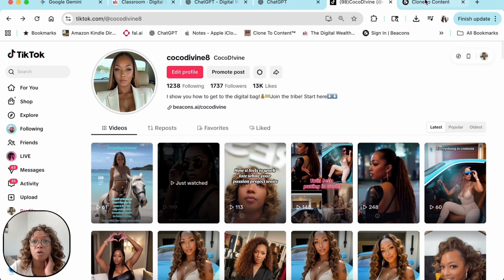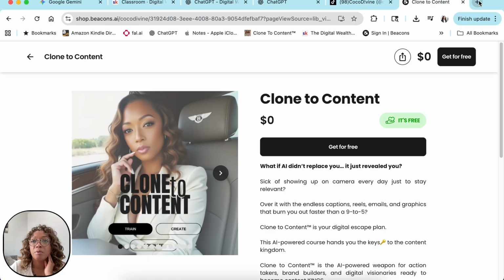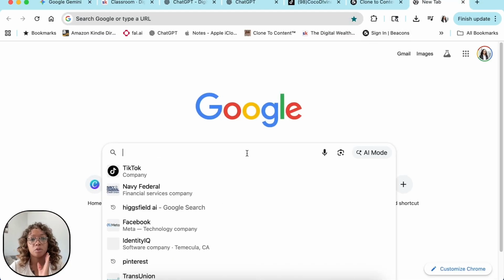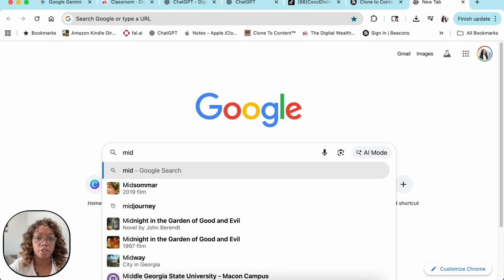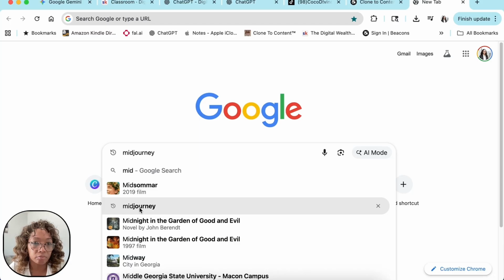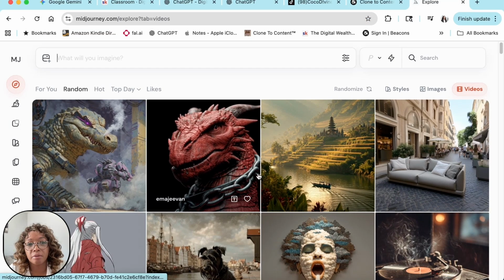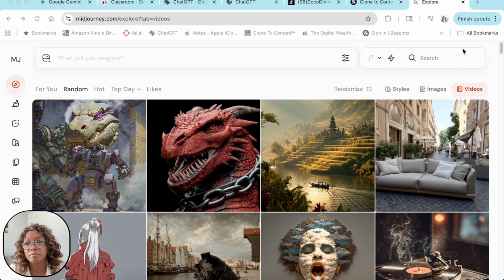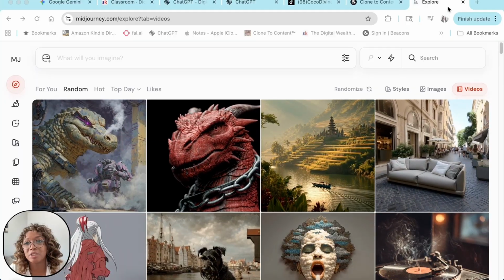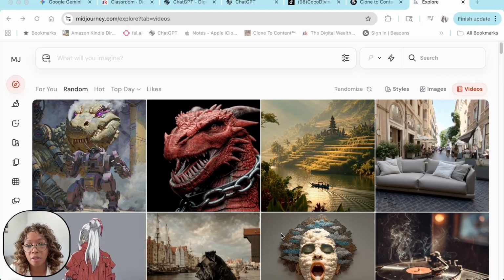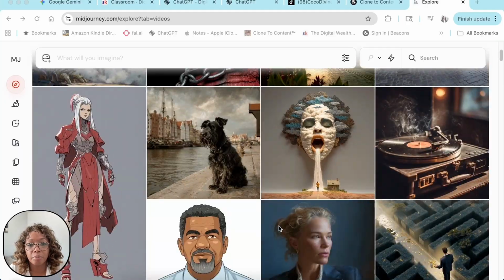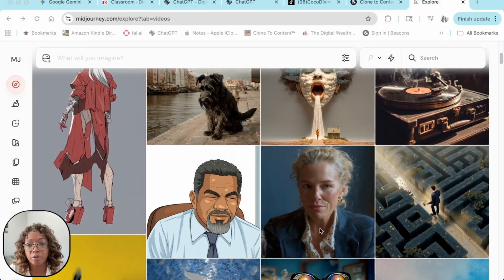All right. So I want to show you guys some of my favorite ones. So I use Midjourney. I like Midjourney for creating outlandish type of stuff, which I really don't do too much of. But as you can see, it's just a sample of what's here created by other people.